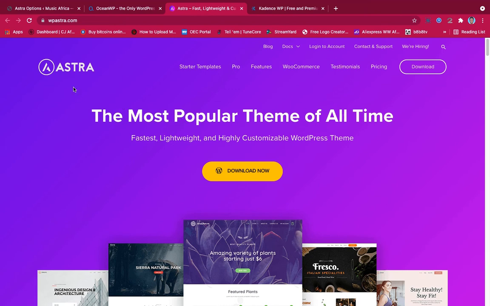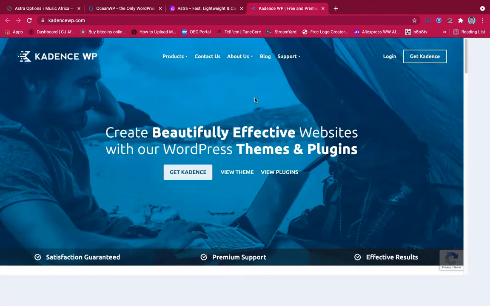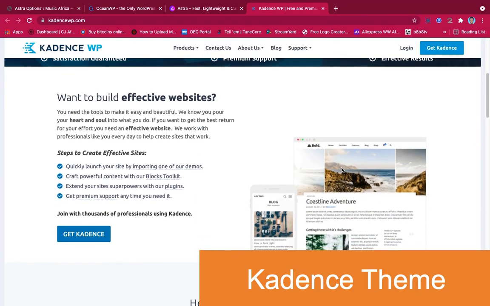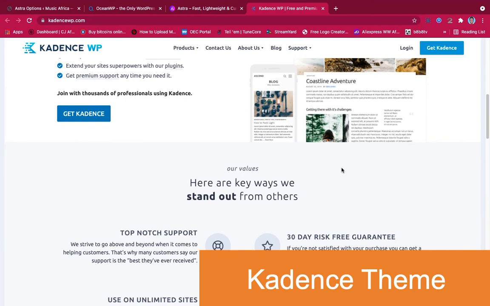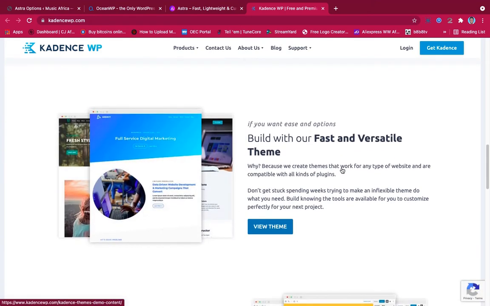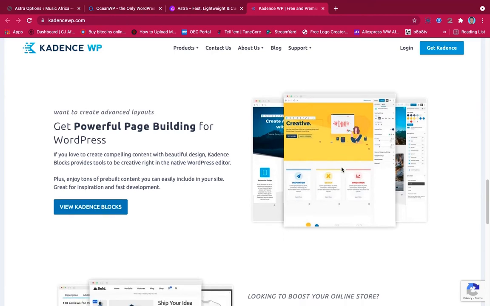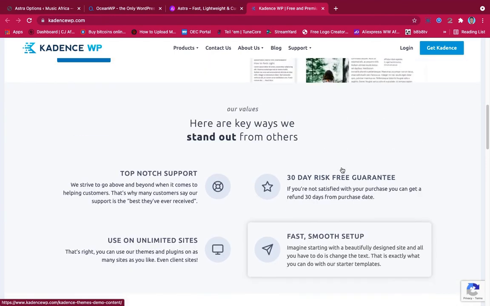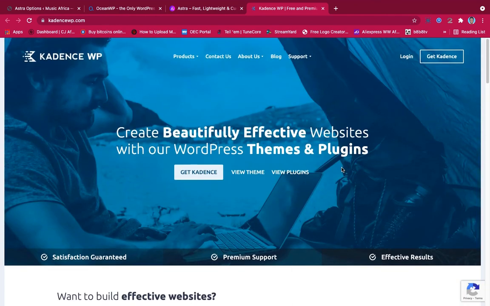Now the last one that we're going to talk about, we call it the Cadence theme. The Cadence theme, Cadence WP. Now this is also one of my best free themes so far I have come across. Now this right here is the magic theme. I call it the magic theme because you have access to almost everything that you want to